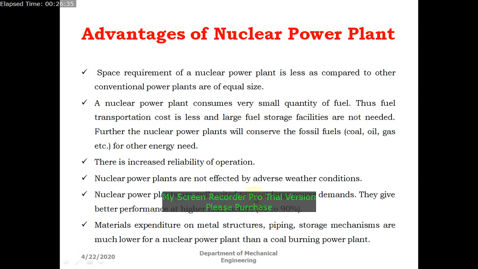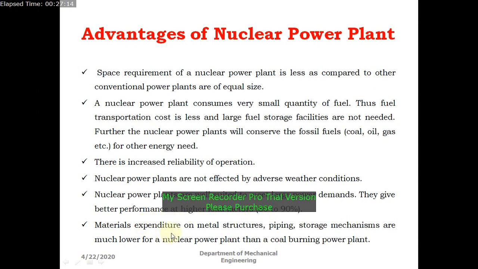Here, as we are saying, depending on the control rod arrangement, we can either increase the rate of absorption of the neutrons, or we can decrease the rate of absorption of neutrons. So correspondingly the quantity of heat liberated will be varied, and the quantity of heat gained by the coolant also varied. So it can be recommended to produce very high load factors of nearly 80 to 90%.